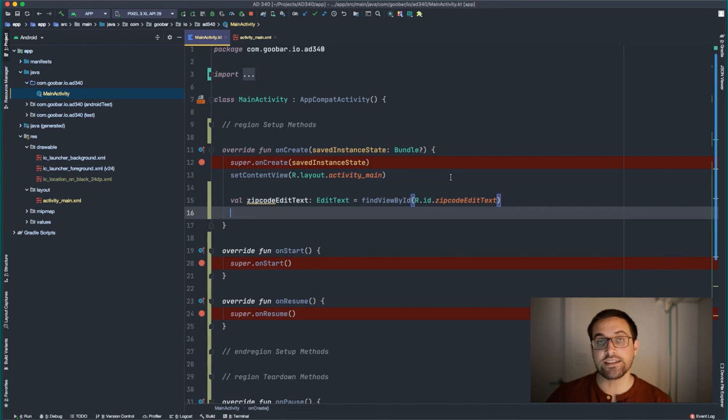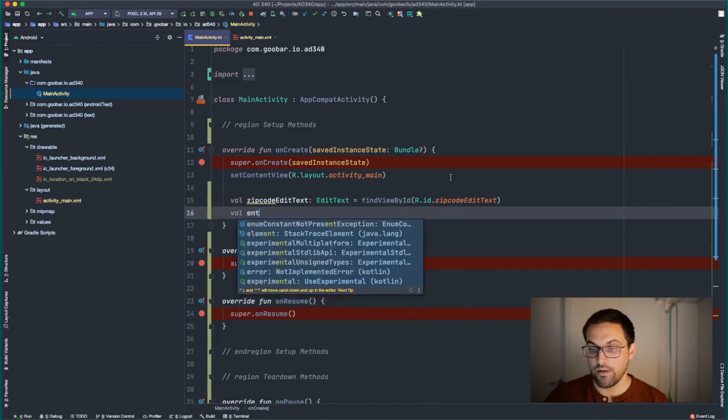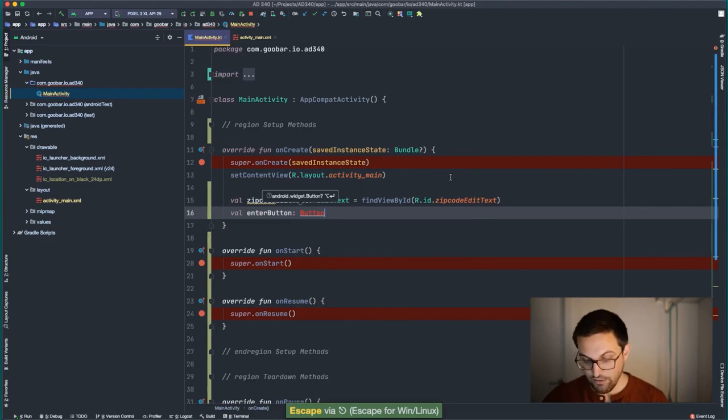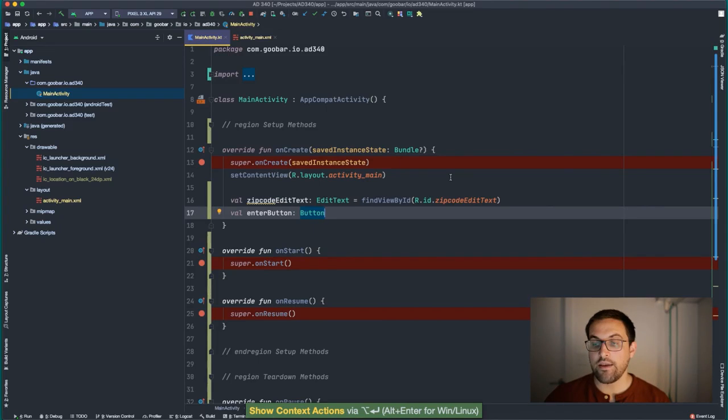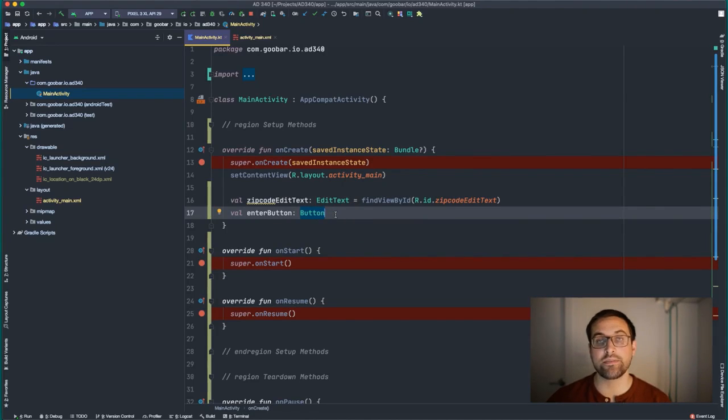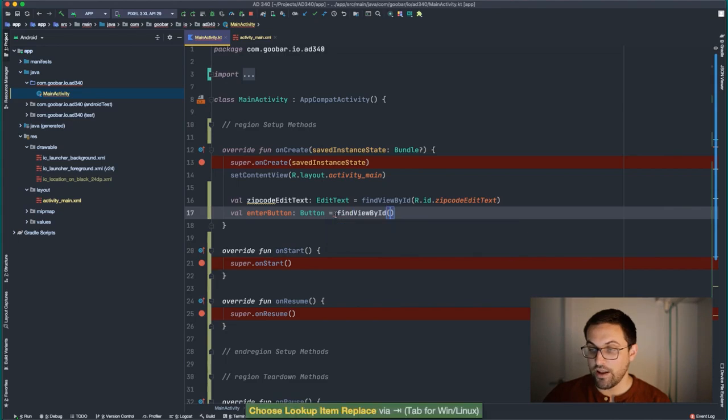But first, let's get a reference to our button. So in this case, we'll say val enterButton colon Button. So once again, this now lets us specify a variable called enterButton, and it has the type of Button. Notice the types here of EditText and Button match exactly the types that we were using in the layout XML. So now again, we'll hit equals, findViewById, R.id